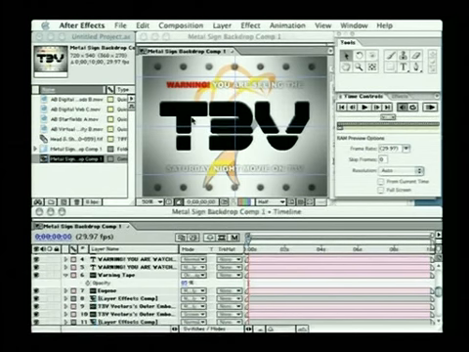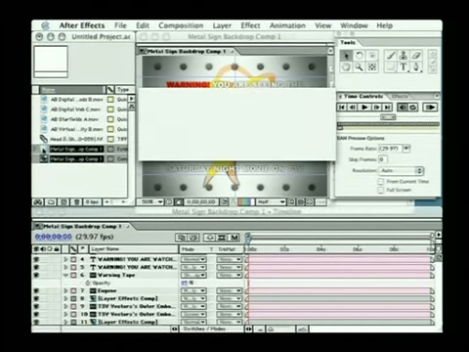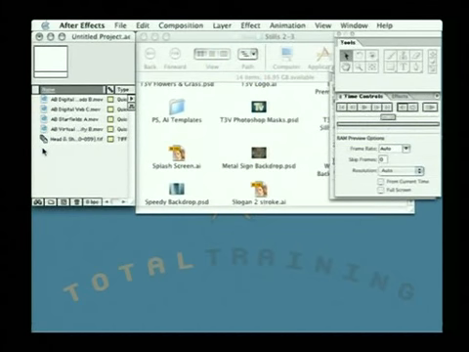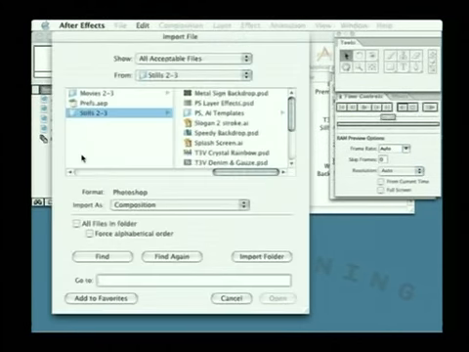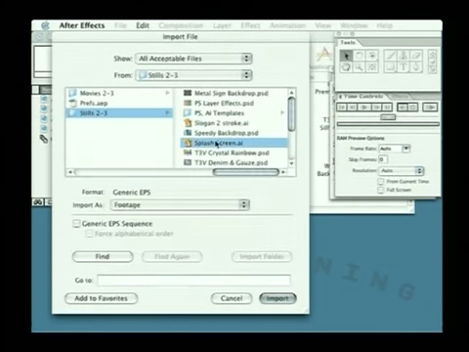Okay, let's round this up by taking a quick look at Illustrator files and how After Effects deals with importing those. Once again, let's remove those two files we've just been working on. Keep our project window nice and clean. And there is a file here in our project window called splash screen, and that's the one we're going to import. So simply double click to bring up the dialog box, go ahead and choose splash screen,